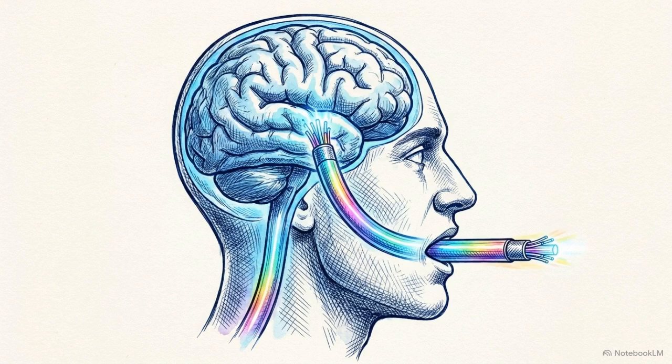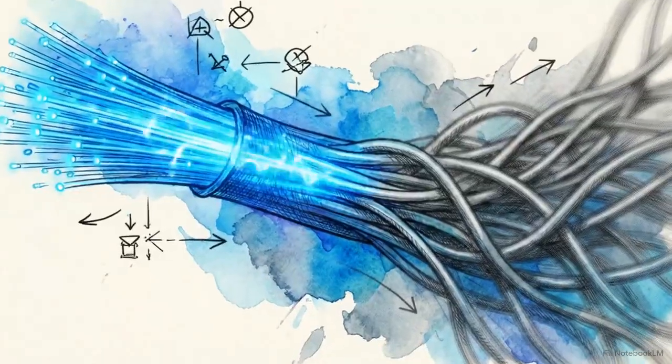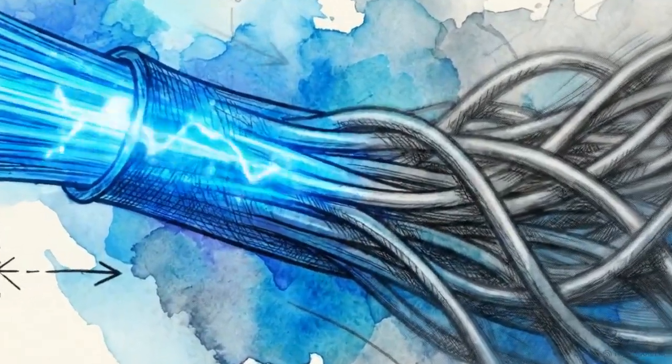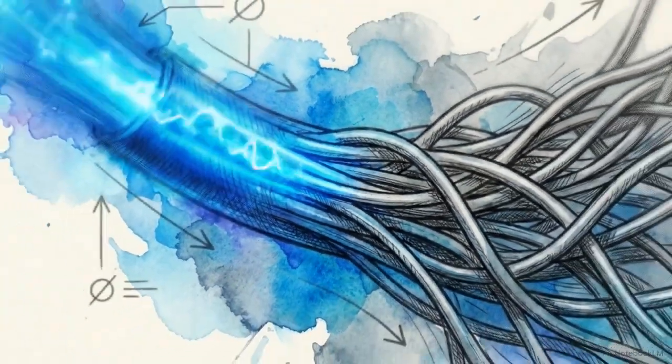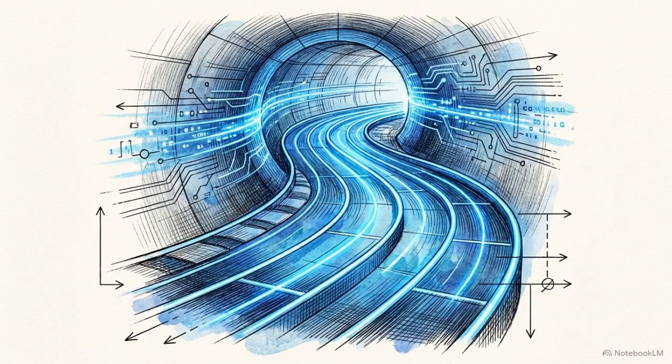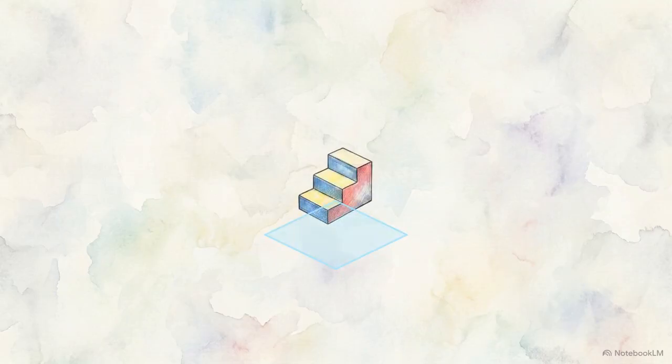Native speakers process thought to speech in 0 steps. They bypass translation entirely. To achieve fluency, we must abandon that 4-step maze. We have to physically rewire the brain to run on a direct circuit. Building that direct circuit requires a daily cognitive workout. We can accomplish this through 3 specific progressive stages of mental training.